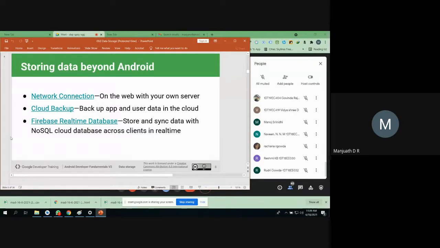But if we don't have a structure for storing the data, and simply store it in the format of key and value, like XML or JSON, then NoSQL cloud databases come in. You may have heard about MongoDB, right? Have you heard about MongoDB?